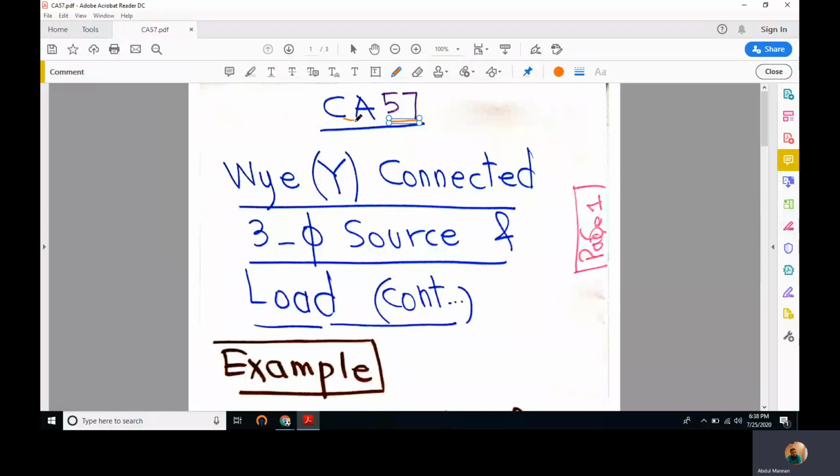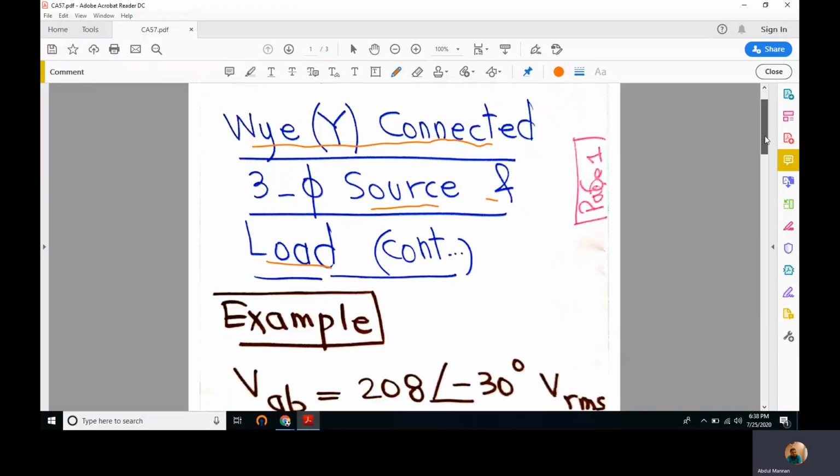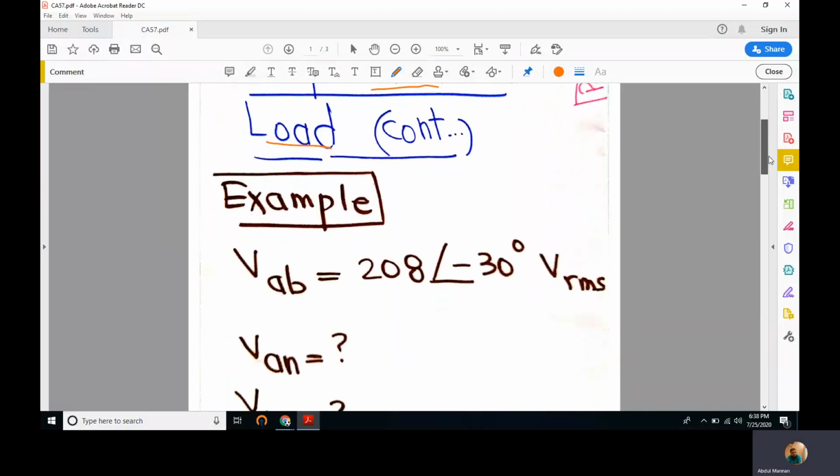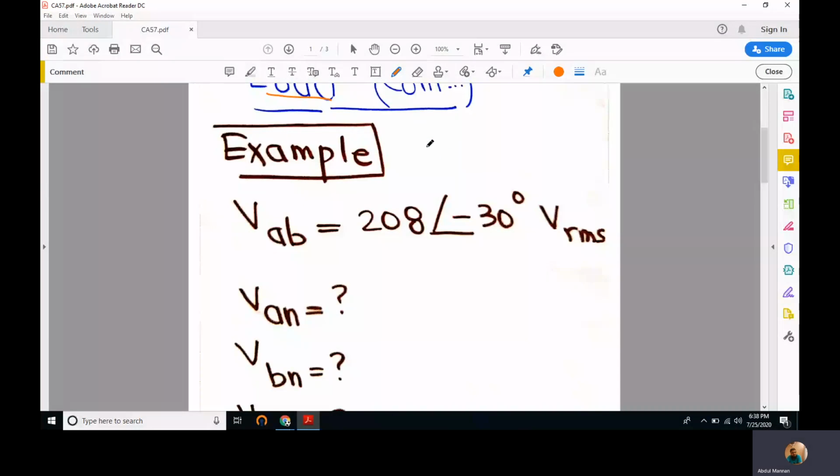57th lecture. We're studying circuit analysis, and for the last couple of lectures, we are studying three-phase circuits. In the last lecture, we started studying Y-type connections of three-phase source and load. In this example, we're going to solve a simple example where we are given a line voltage VAB,